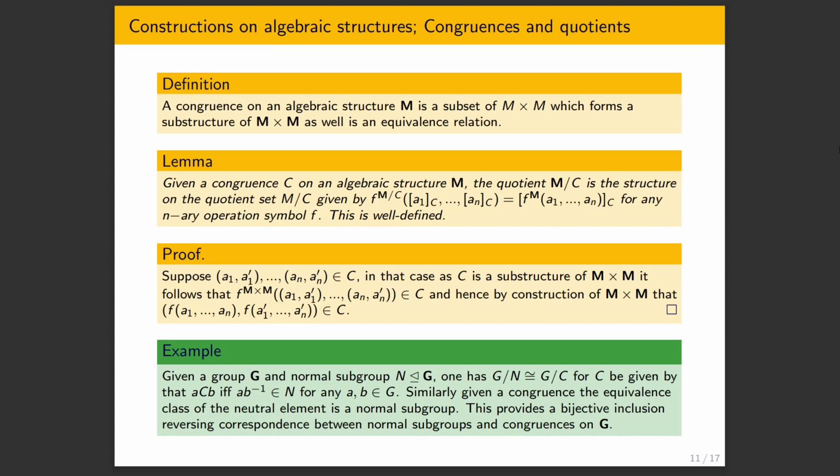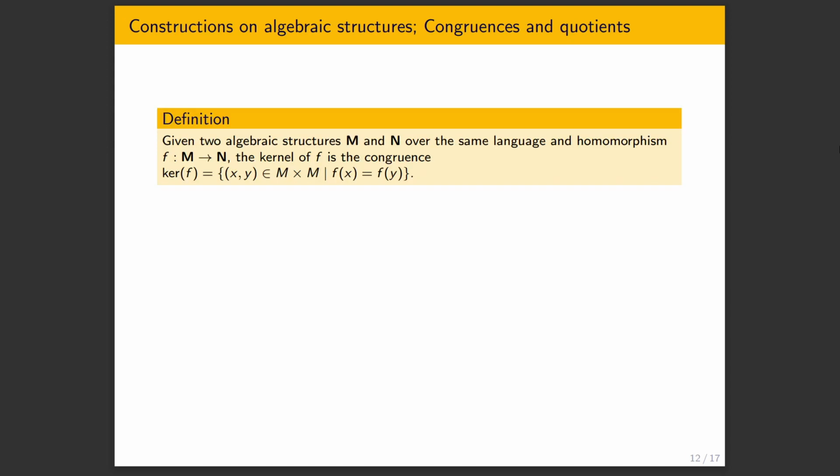Right, let's continue. So now, say we have two algebraic structures, again over the same language, and a homomorphism. Then we can define its kernel. Similarly to how instead of quotienting by substructures, we quotient by equivalence relations, the kernel is not a substructure, it's an equivalence relation. It's going to be in fact a congruence. It's going to be the following congruence: the equalizer of f and f in the category of sets. It's going to be all the points (x, y) in M times M such that f of x is f of y. So you can check this is a substructure of the direct product of M and M, and so we get a congruence in fact.